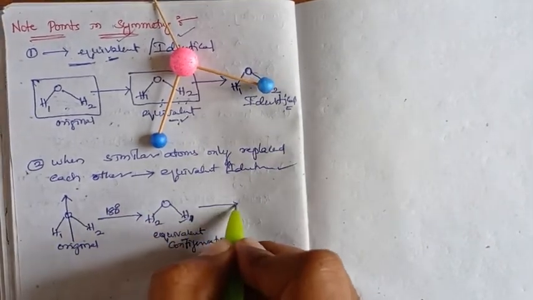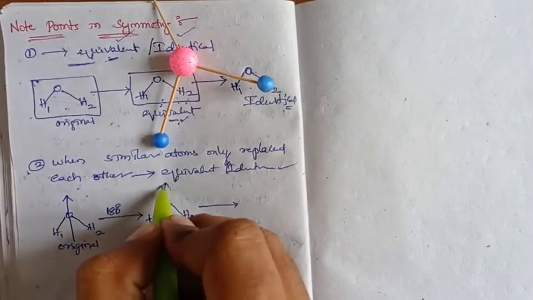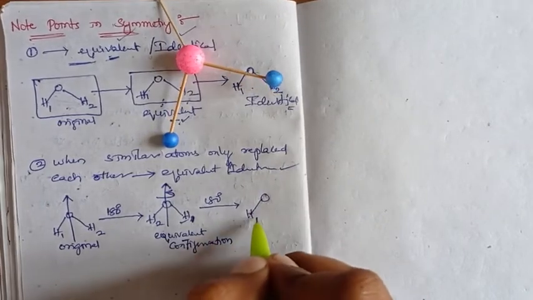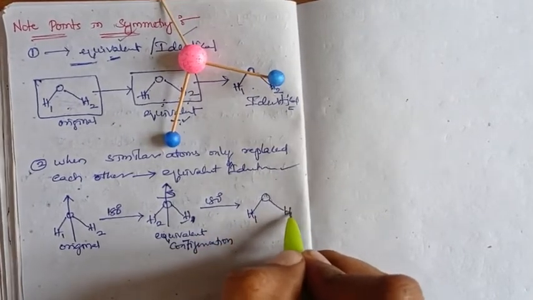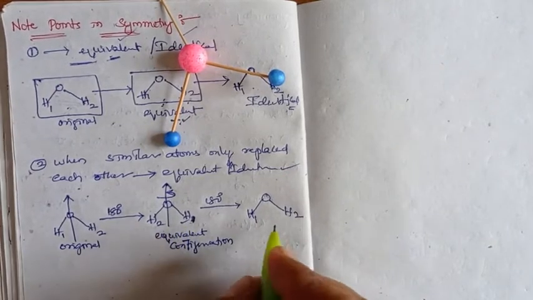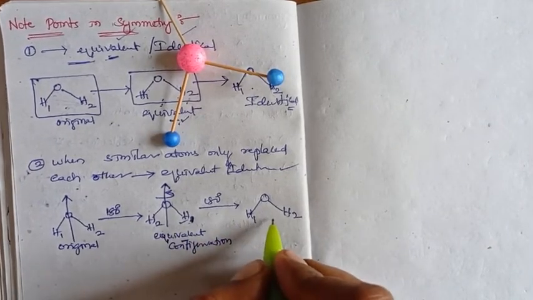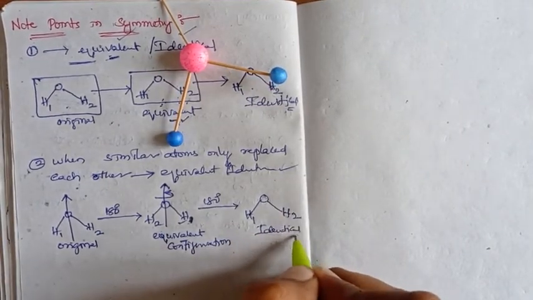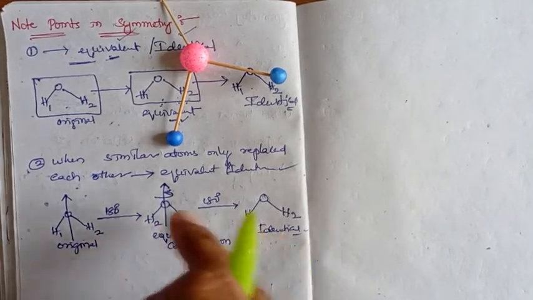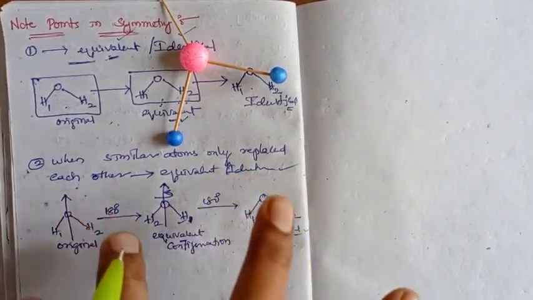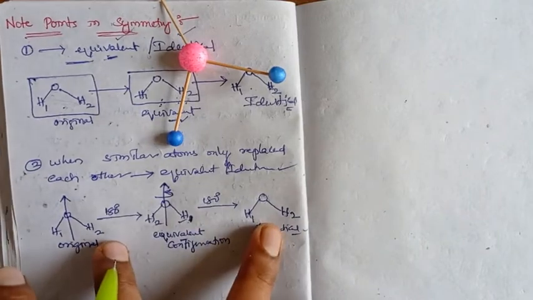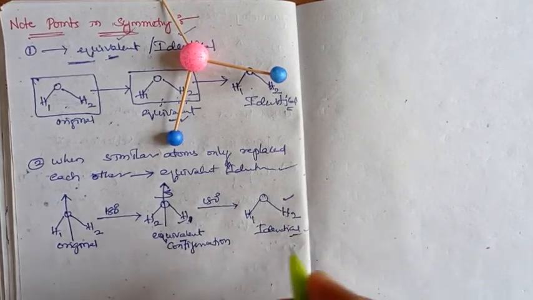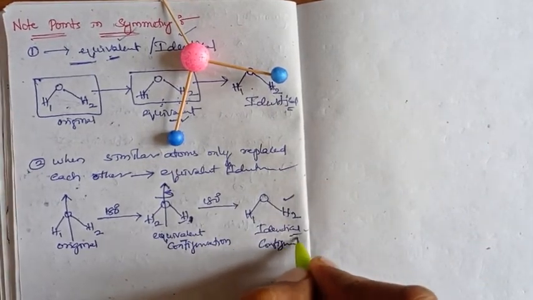When we continue and do one more 180 degrees rotation, what happens? Does the oxygen position change? No. The hydrogen positions? Yes, they exchange their positions one more time, and this would be the generated configuration. When we compare this, it is an identical configuration. Even the labeled hydrogens never distinguish these two as different configurations. These are two 100% same configurations, so this generated configuration is called an identical configuration.